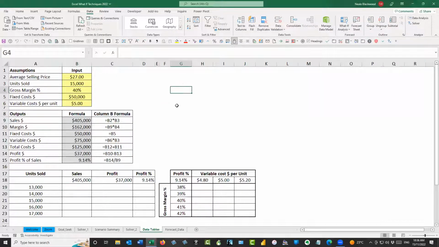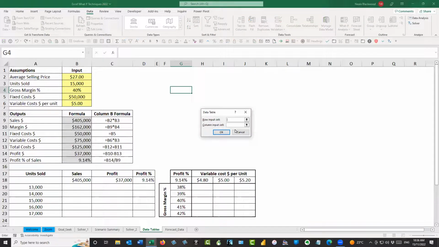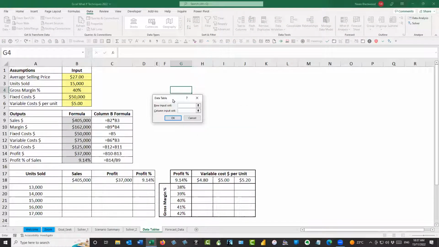Again, I don't know if the keyboard shortcut, let's try it out. Alt A. Where's What-If? W, T. Alt A W T. Let's try that in sequence. Alt A W T. There we go. That's the data table. So again, that's a bit longer. Alt A W T will open up data table,